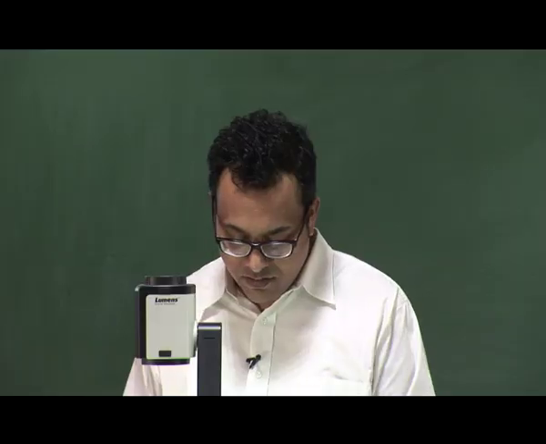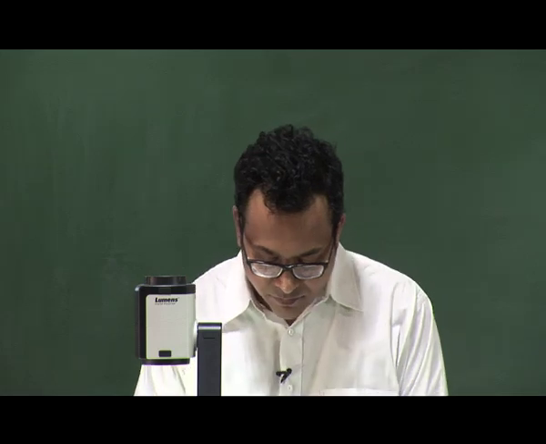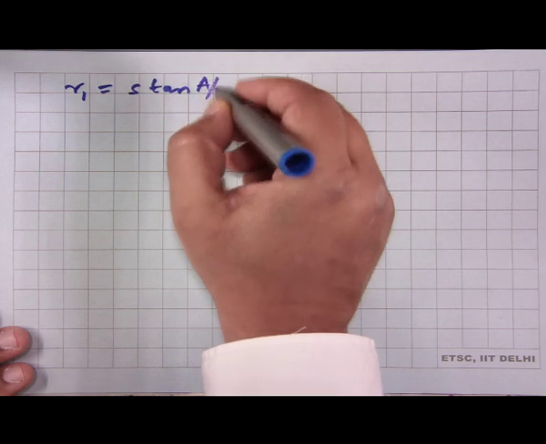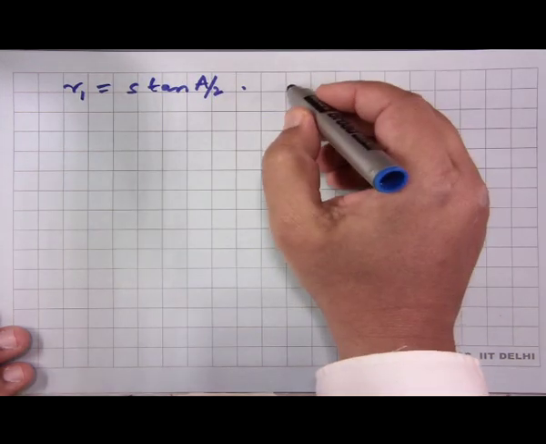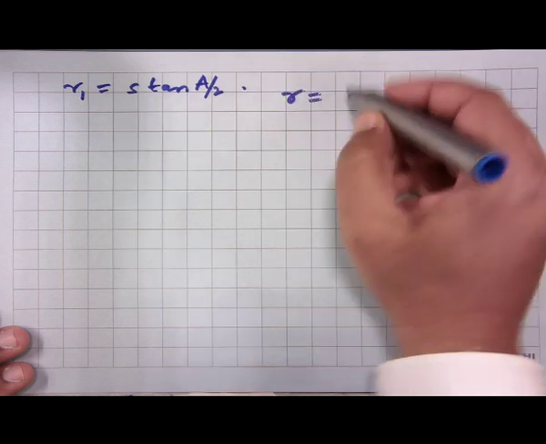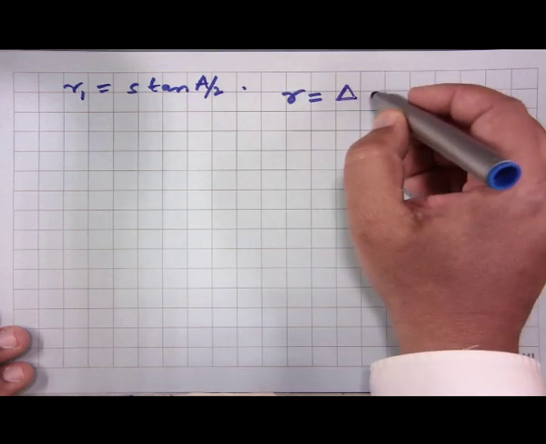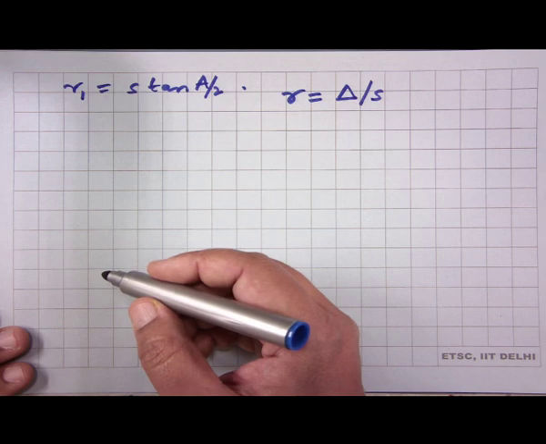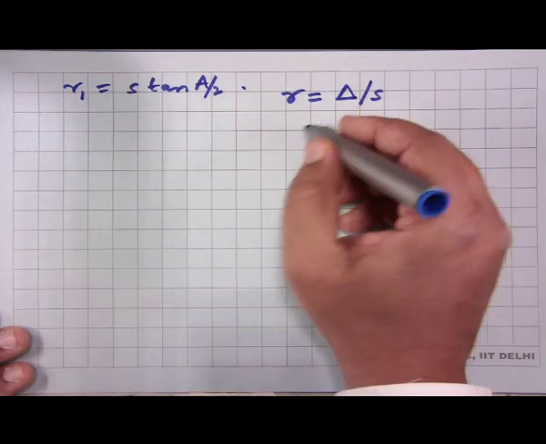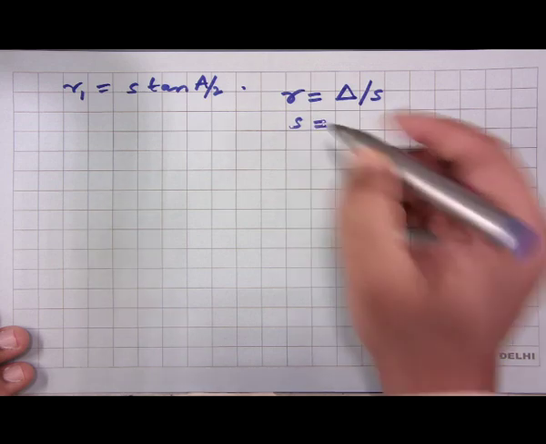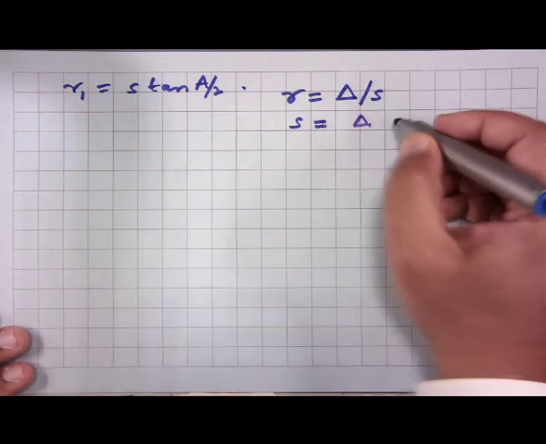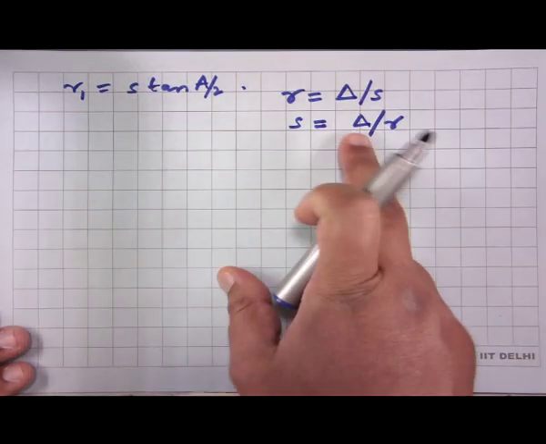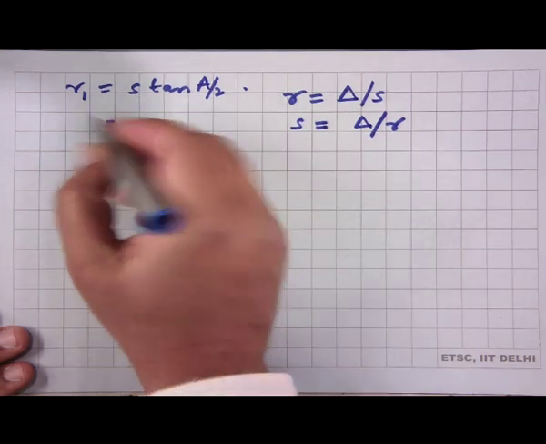Taking this to the next slide. So, we have so far shown that R1 is S tan A by 2. We also know that the inradius is given by the area of the triangle divided by the semi perimeter S, and therefore, from here we have that the semi perimeter S is equal to the area divided by the inradius. So, if we replace this S by delta upon r,